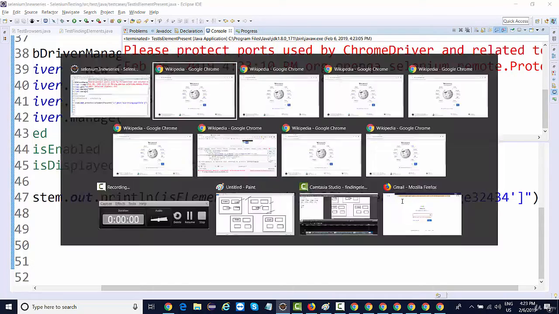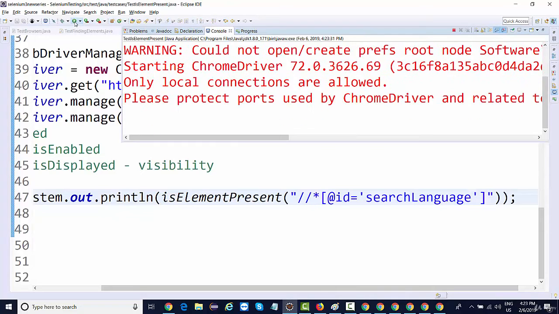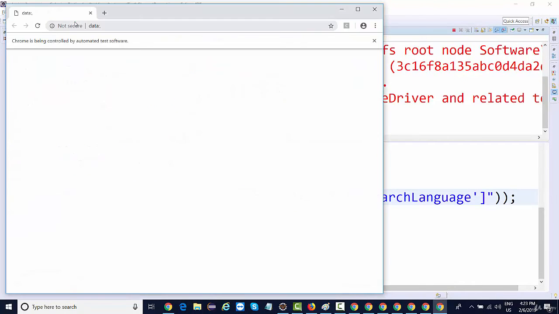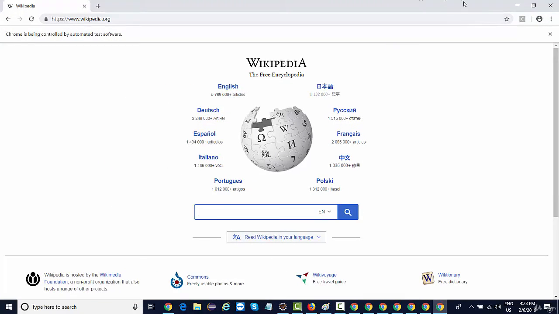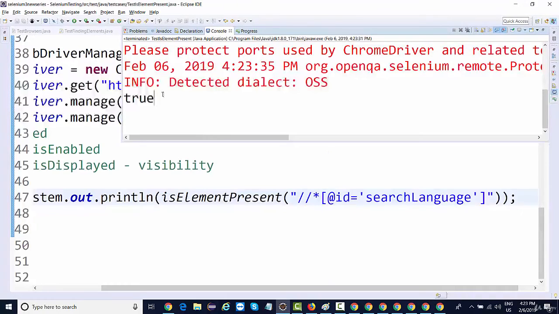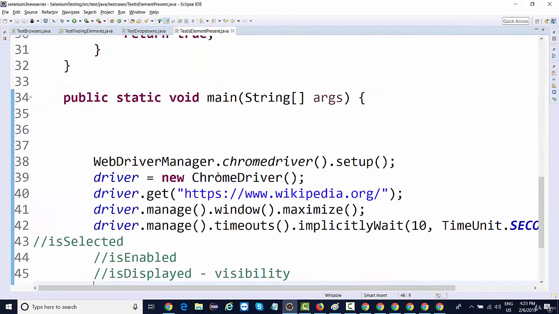It returned false. Now if I correct the XPath and run it again, it should return true, right? So this is how logically you can create isElementPresent.